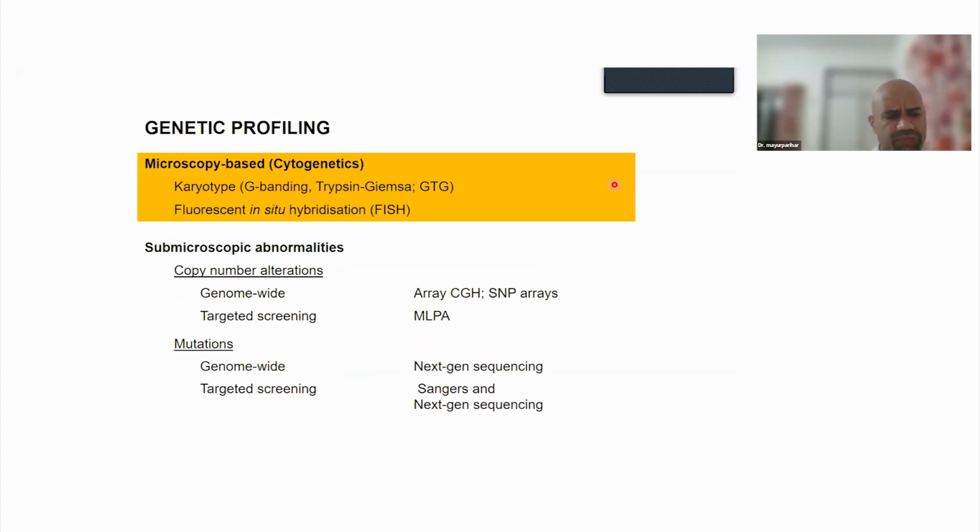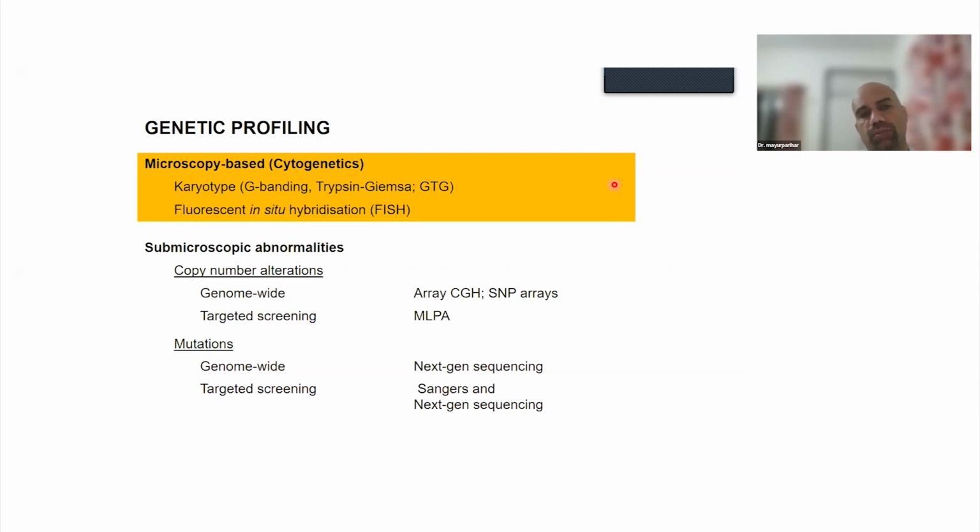So when I look at it as a pathologist, I would like to divide these techniques into those that are microscopic based and those which cannot be identified by human eyes. Karyotyping and FISH, which is usually the routine bread and butter of a cytogenetic lab, are microscopic based techniques wherein you use a microscope to look at the chromosomes, and with FISH, you can actually look at the genes using fluorescent probes.